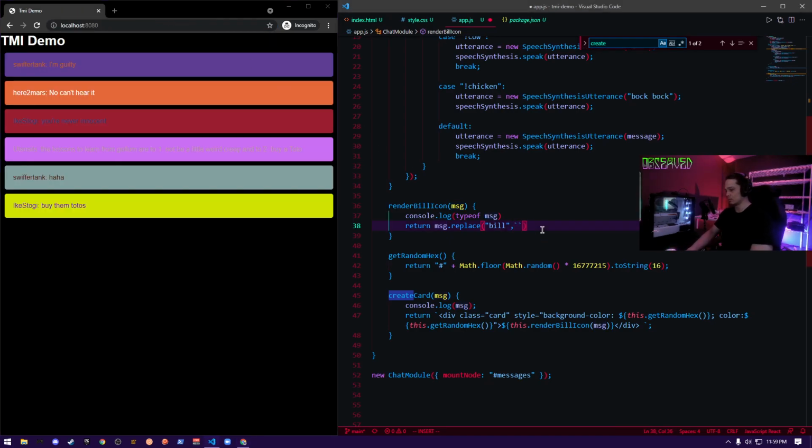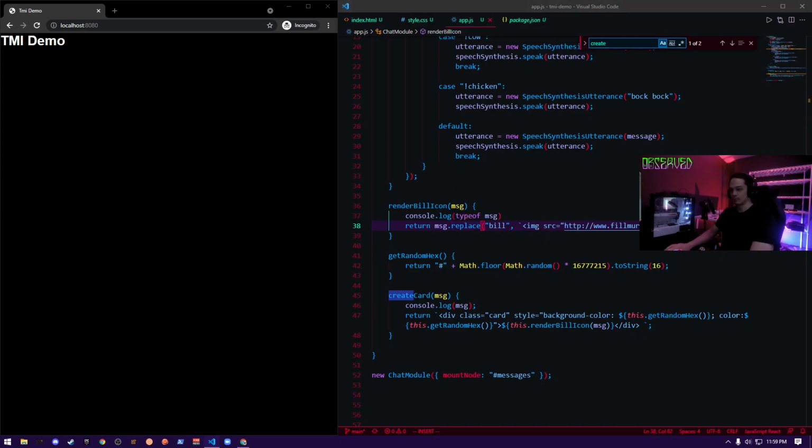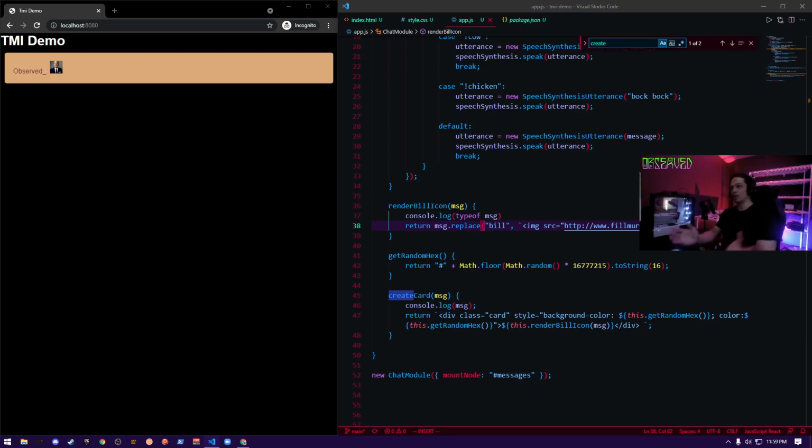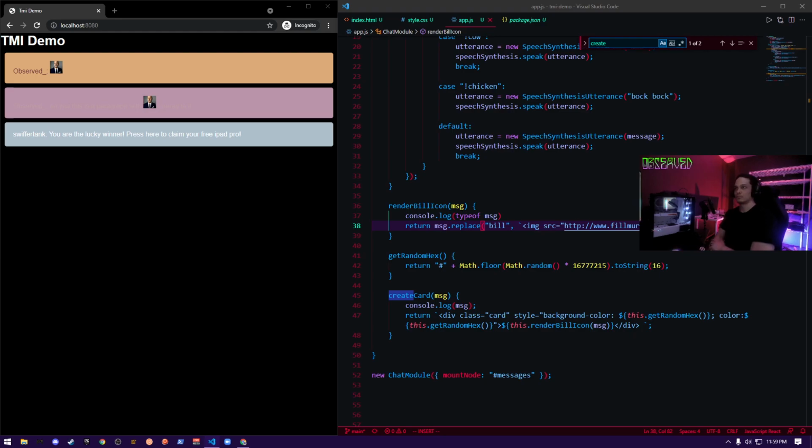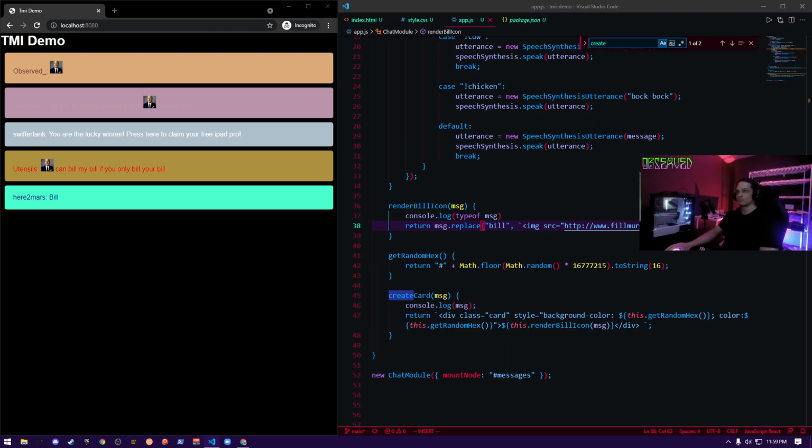Let's do this. Okay, hopefully this works. Bill. Oh, it works. So yay, this is a paragraph with Bill Murray in it. You are the lucky winner. Press here to claim your free iPad Pro. Bill can bill my bill if you only bill your bill. Bill. Oh, okay. So that's a pretty good